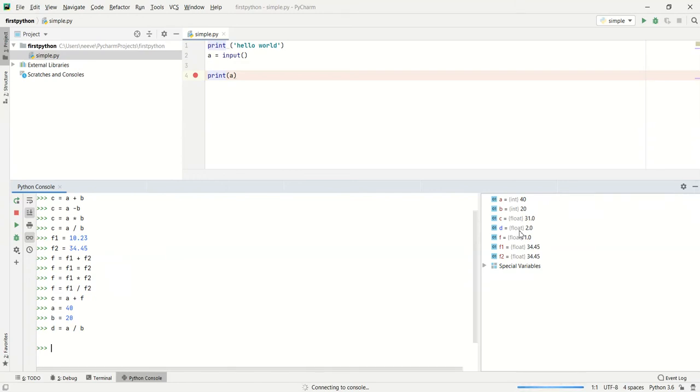And if you do any operation like integer plus float, the result will be a float, integer minus float, the result will be a float, integer multiplied by float, the result will be float, and integer divided by float will also be a float variable.